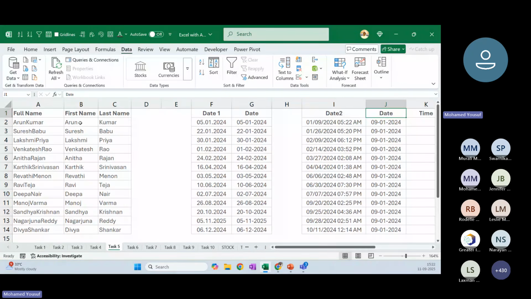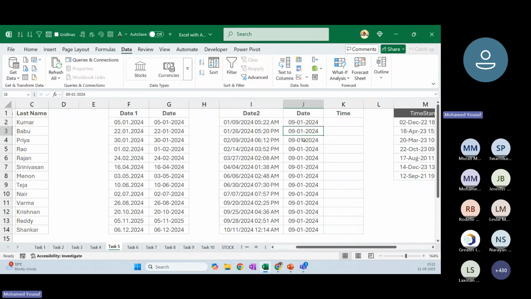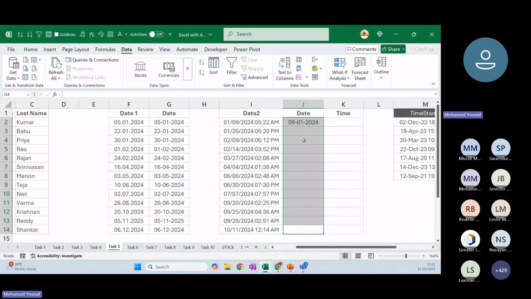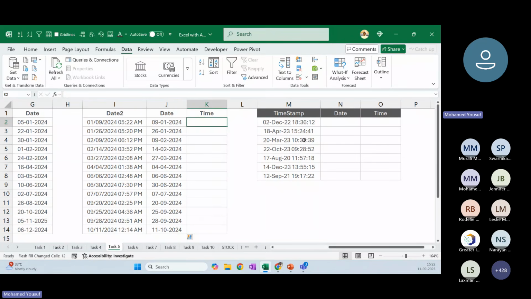This option is working based on the capitalized letters. For example, Venkatesh. After that, for all is caps. For Lakshmi Priya, P is caps. Based on the capital, it's splitting. Okay, fine. Now in this case, what I'm doing here, I'm using Control E. When it comes to time, I'm just typing